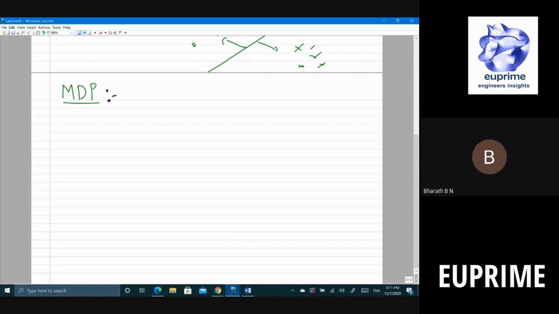I want to just generalize. Essentially, what we did was we wrote what is known as the Bellman equation for finite time, in the last class. So Vn, the value at time n, was a function of Vn minus 1 and so on. Now let's generalize this to infinite time. We looked at two kinds of problems: maximize the reward over a finite horizon, and maximize the reward over an infinite horizon. Let's look at the second option now.